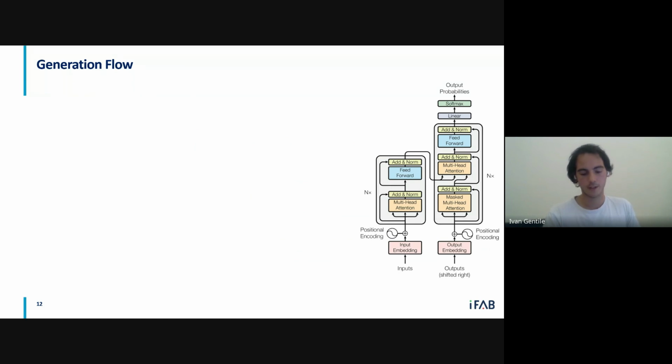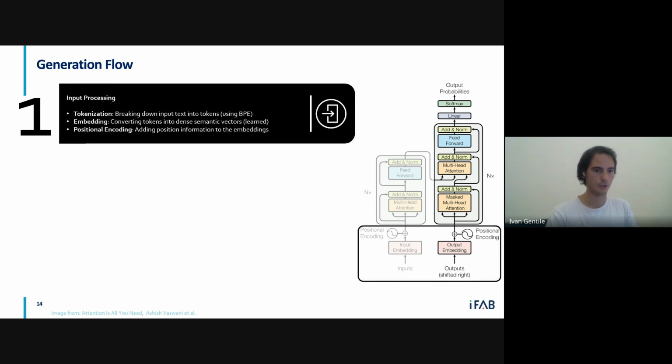We're going to see it in more detail, starting with the graph on the right. This is taken from Attention Is All You Need, a paper published in 2017 by the Google team, which basically kickstarted all this focus we have nowadays with AI. What is interesting is that the GPTs actually care only about the right side part, which is called the decoder part of the transformer architecture, in order to generate the language. And the way it works, we can divide it in 3 steps.